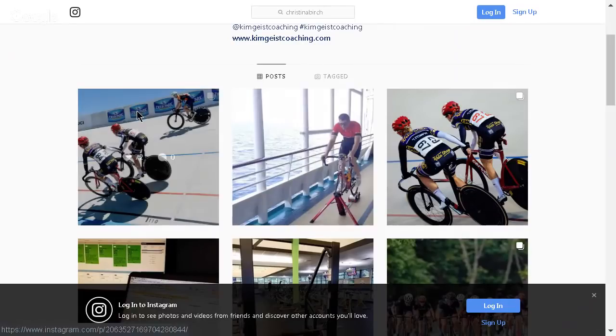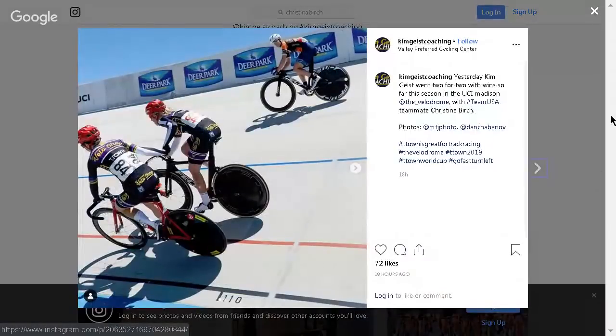My favorite hand holders. If you're not familiar with the Madison, it is a track racing event where it's legal and indeed basically mandatory to arm sling your teammates. So